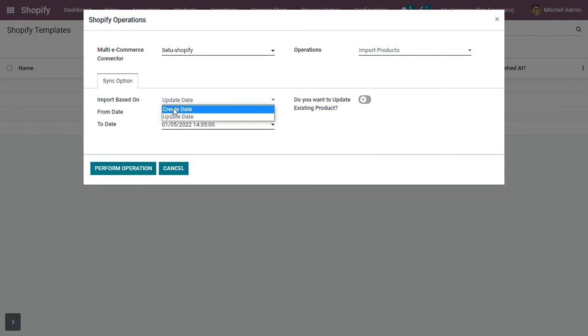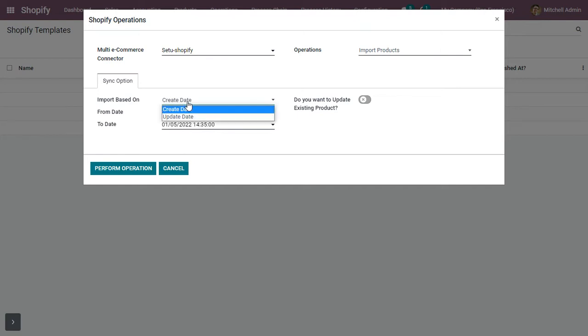If you select the create date option, then for the timeline you have selected here with from date and to date, the products that are created in the Shopify e-commerce platform during that scheduled time will be imported to this Odoo ERP.